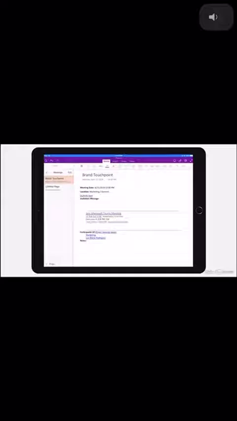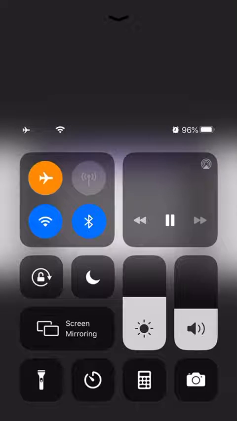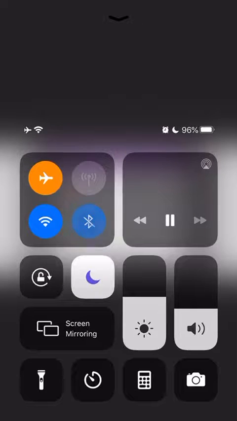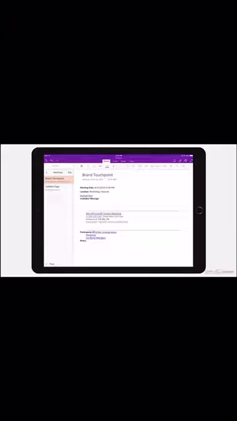OneNote is a free mobile app available for Android, iOS, and Windows devices. I'm going to help you get familiar with the iOS app on an Apple iPad device. Once the app is downloaded and you've logged in with an account, it's going to look something like what you see on the screen. If you need to navigate to a notebook and open a notebook that's saved in OneDrive,